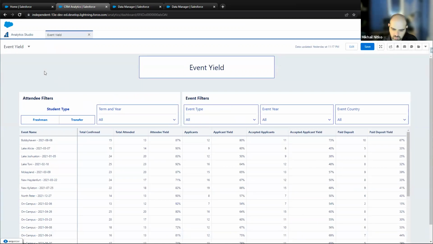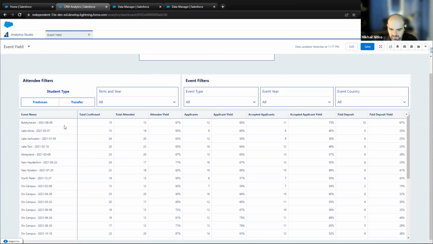So this is the event yield dashboard that I built for our presentation. And you can see that it used the data from the recipe to create a whole list of events. For event names, I combined the fake city names with the date on which they occurred. This is important because when dealing with events, you will often run into an event that's been held year after year or month after month that's named the same thing, but happened on a different day. So this is how you differentiate between the events when it comes time to create aggregates.